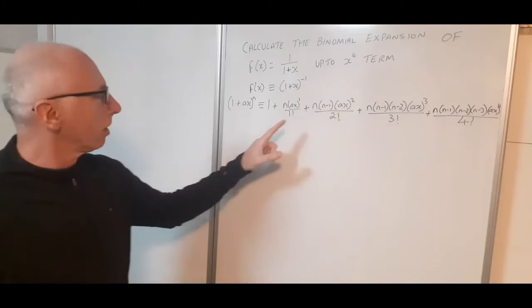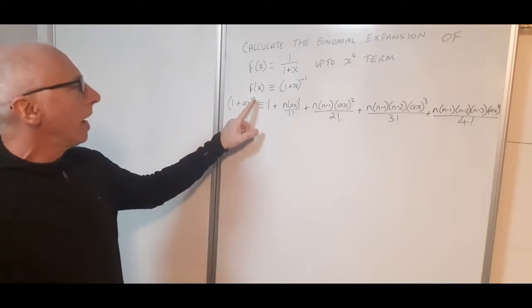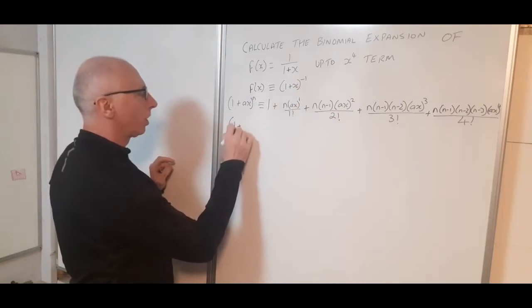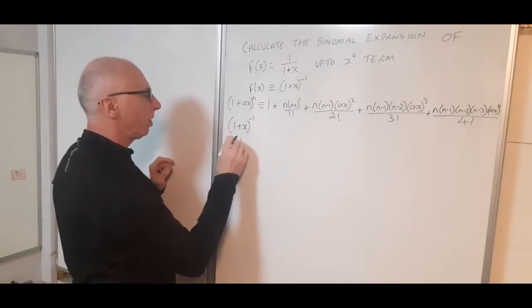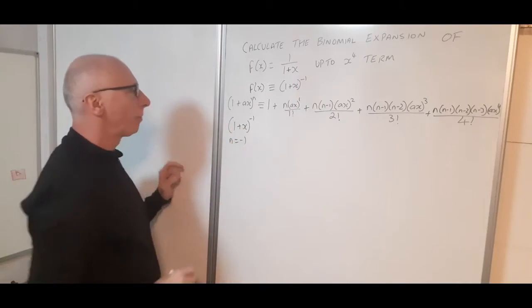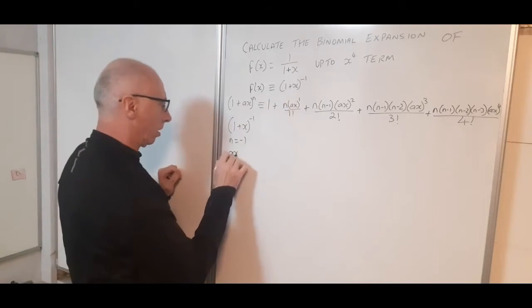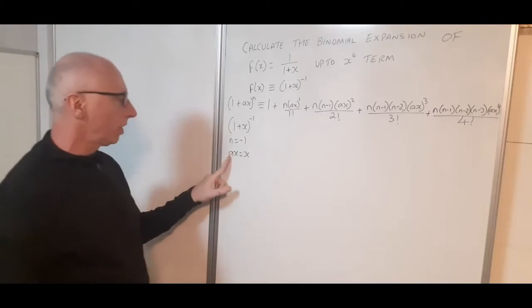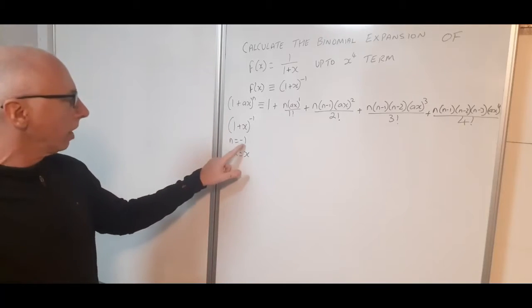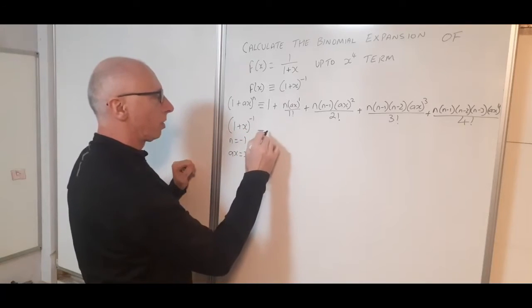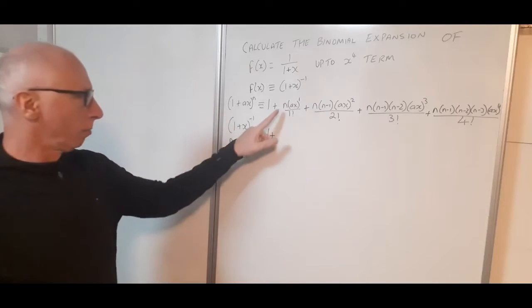and our ax is. Well, in this case our n is minus 1, so if I'm trying to do (1 plus x) to the minus 1, n equals minus 1, and ax is just x. So wherever I see ax I put x, wherever I see n I use minus 1. So then this is equivalent to 1 plus, so minus 1